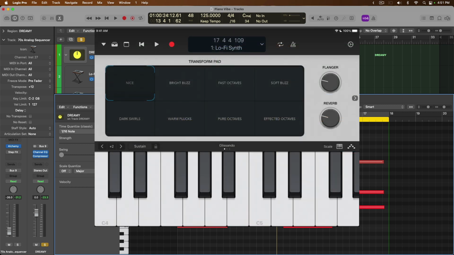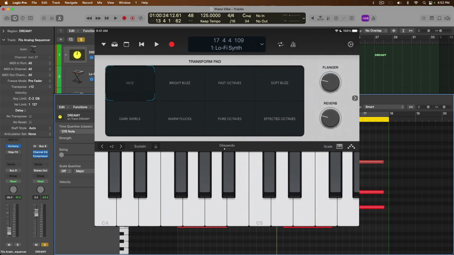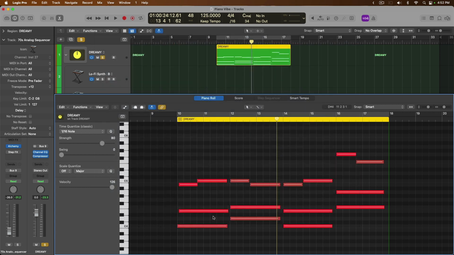If we look at Logic Remote in the settings, you can see right here in the velocity range halfway down, I've specified as I touch the keys to perform at a high velocity. We can adjust this range as we see fit using the sliders. So everything's working at a high velocity, but maybe I want one of these tracks to perform at a lower